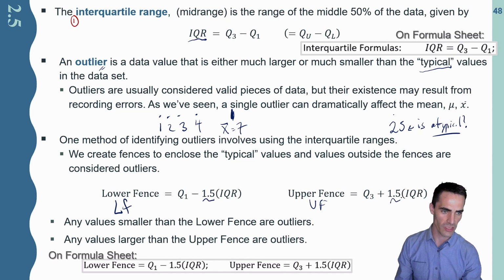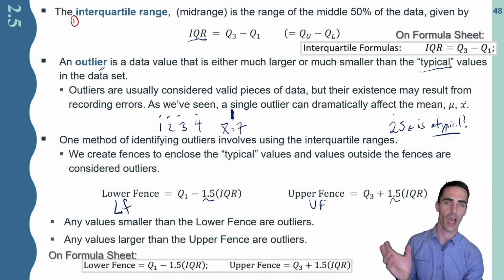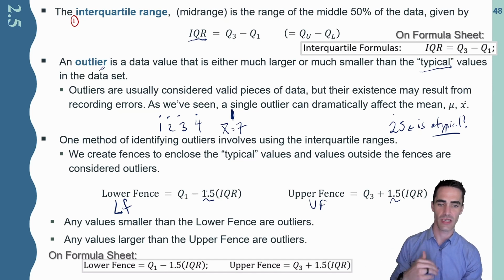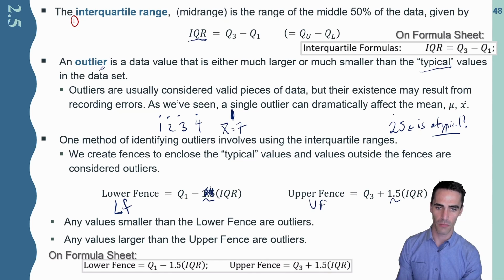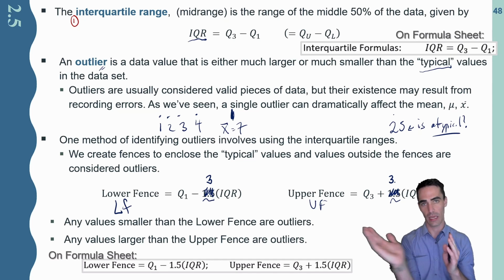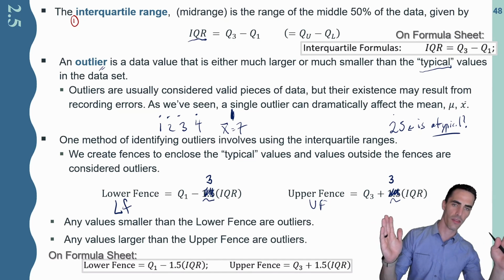There's actually a really good reason as to why we use these particular formulas, but I want to get into a bit of the nuance here, because you might be asking, hey, look, why 1.5? The short answer is it's a convention. It's something that's often used in statistics. Our OpenStax book, for instance, uses this 1.5 measure, but you might read a different book, again, on a different day, that says 3 for these measures, which would make those fences, again, minus on the low end, adding on the large end,